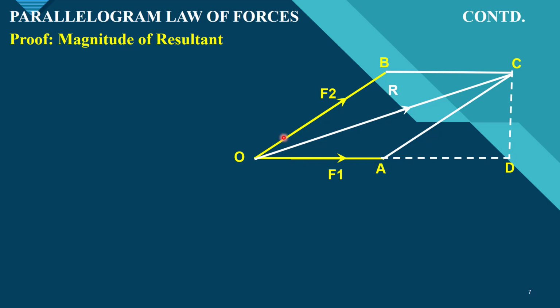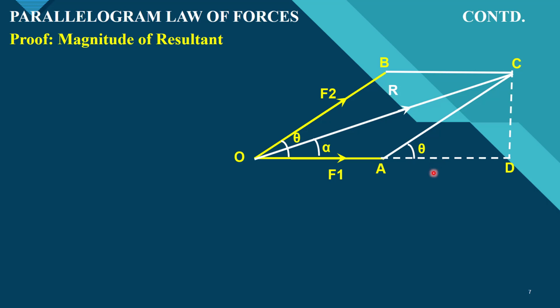Now let us assume that the angle between F1 and F2 is theta. So this angle is theta. So what will be this angle? Angle CAD, that also will be theta. Now the angle made by the resultant force with F1 is taken as alpha. In order to derive the formula, I am going to consider two triangles: one is OCD and the second is ACD. With the help of these two triangles, I will derive the formula for finding out the resultant force as well as the formula for finding out the direction of the resultant force.